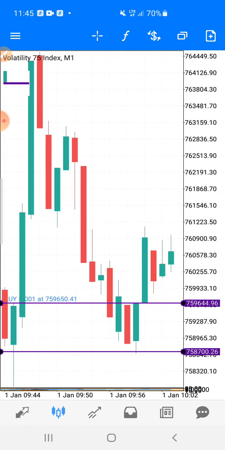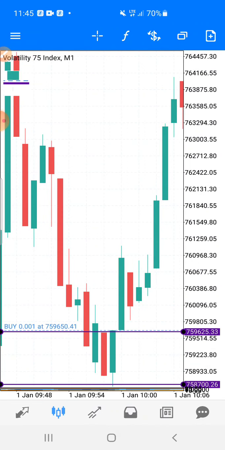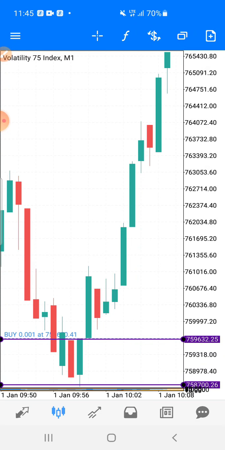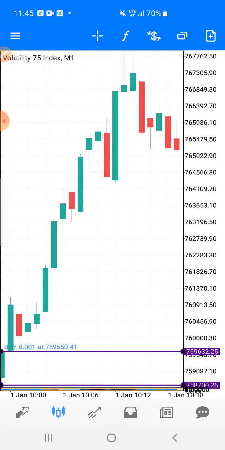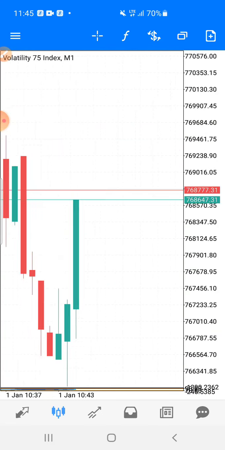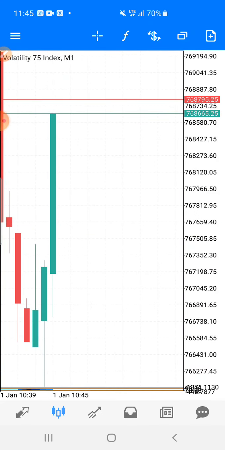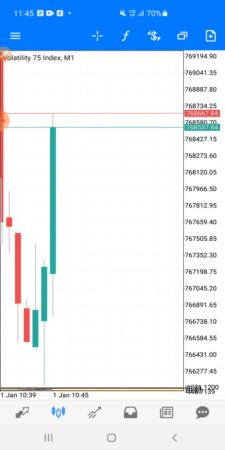This second line here is my entry point. So I needed to see that this support zone is being respected. So when the price gets to that support zone again, I entered my trade. You just trade with quick rejection, discovering a quick rejection on a higher time frame. When you discover a quick rejection on a higher time frame, then come down to 1 minute time frame and make sure that the price is at a support level.